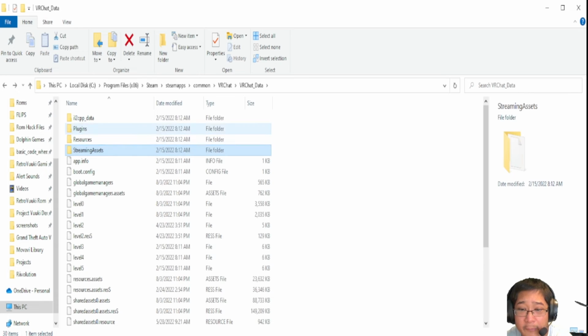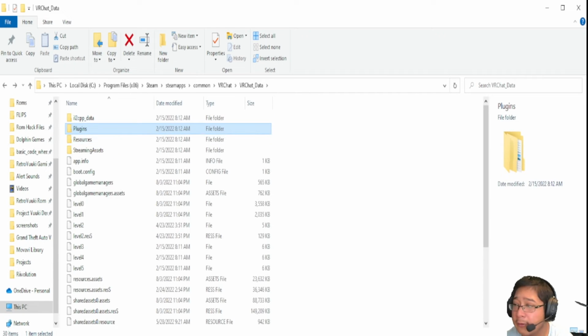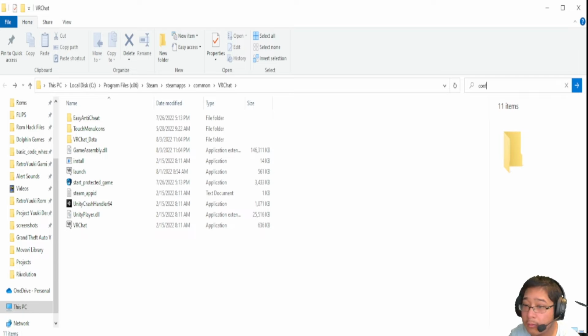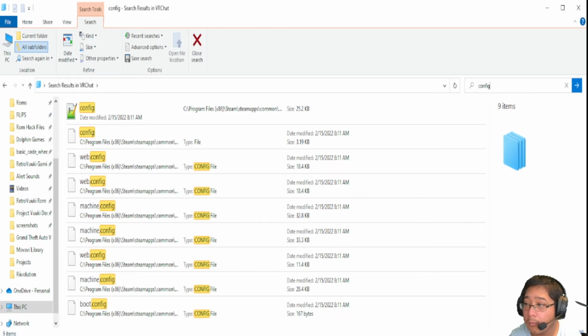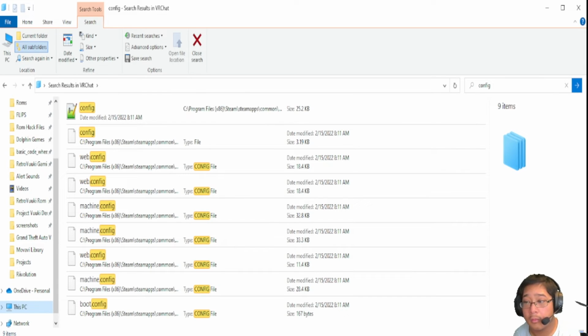Let me just make sure. I believe it's in resources. No. So you're looking for config.json, or you can go to search this one here. Config. Let's see. Dot JSON. Oh wait, I think it's that one. Config. So right here,